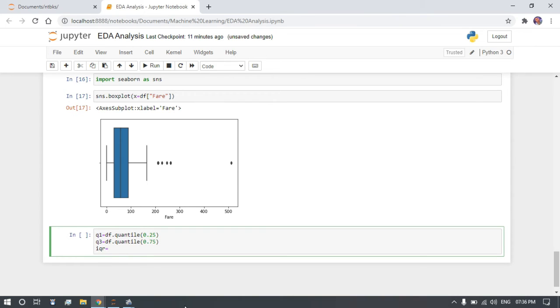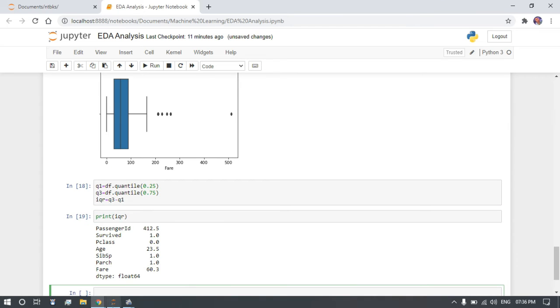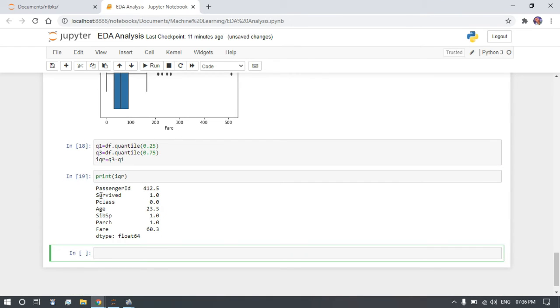IQR is nothing but Q3 minus Q1. Once this is executed, I'm going to print my IQR value. You can see here these are my IQR values. PassengerId has 412, age has 23.5, fare has 60.30.